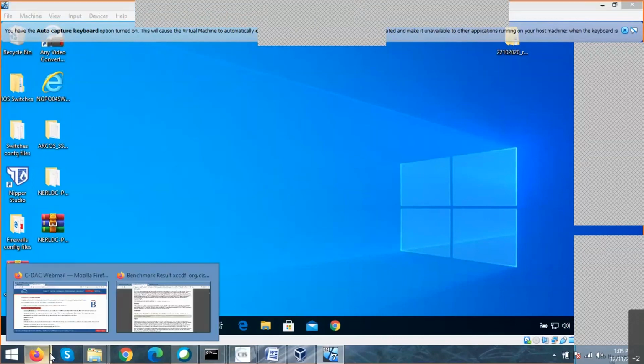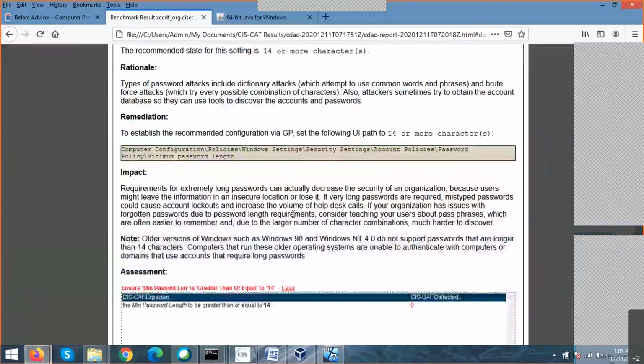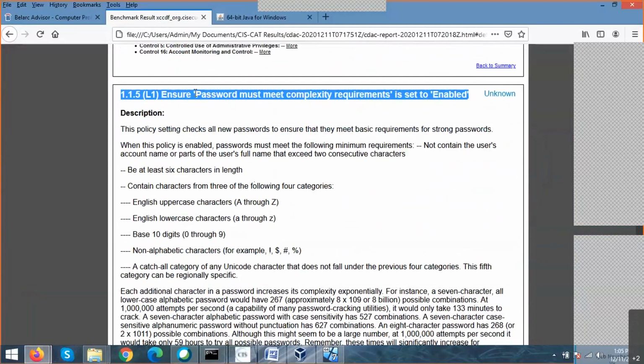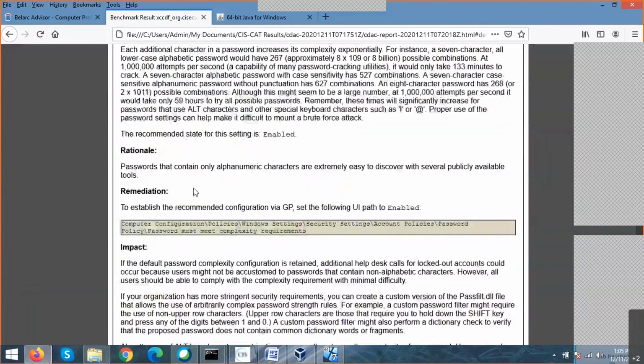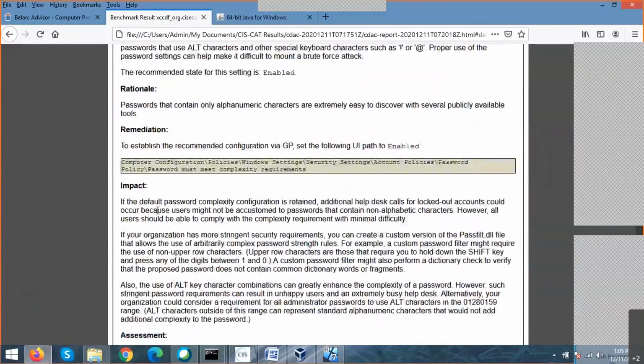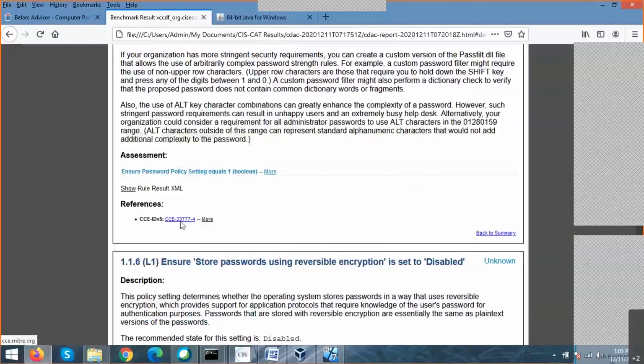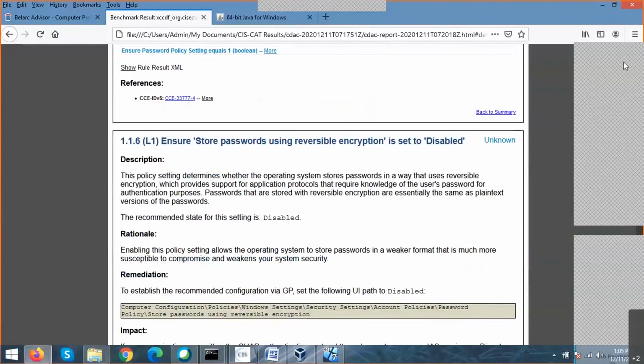View that report only. The report gives you a clear idea about the description, why this policy is required, what the recommendations or remediations are, and what the impact is if it is not implemented.